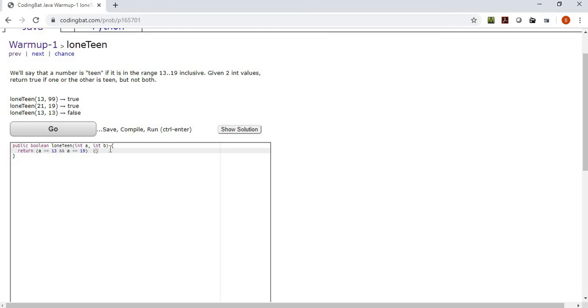And this is going to look very similar. B is greater than or equal to 13 and B is less than or equal to 19. Now right here we put the comparator. This is the OR comparator. However, the problem with OR is that it says if one or the other is teen but not both. Well, this is the regular OR comparator, and when people say OR, even programmers, this is what they're talking about